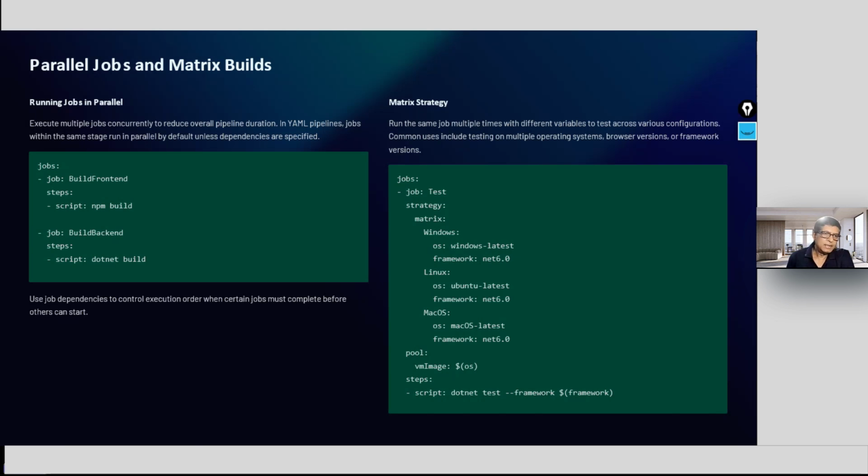And then this is the build backend. There is a .NET program which needs to be built, but that will be a different job. There is no dependency between this and this, so therefore they will start together. Which one will start first? I have no control. That will depend on what? Can anybody tell me, who will decide which one will start first? It can start together at the very same time, but who will decide that, or who will take care of that? Who runs the job? Some technical term?